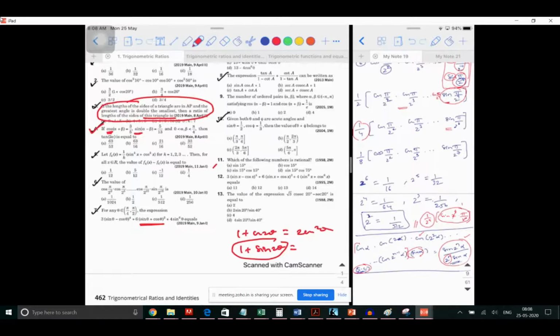Sir, it's sine square theta plus cos square theta plus 2 sine theta cos theta. That's what I wanted: a plus b whole square. That's what I want to convey. Wherever you see this kind of expression, it is actually 1 plus sine 2 theta. Because by expanding a plus b the whole square, you are obviously going to get this, but I wanted to put the reverse process in your mind as well. So 1 plus sine 2 theta is what this expression is going to be.